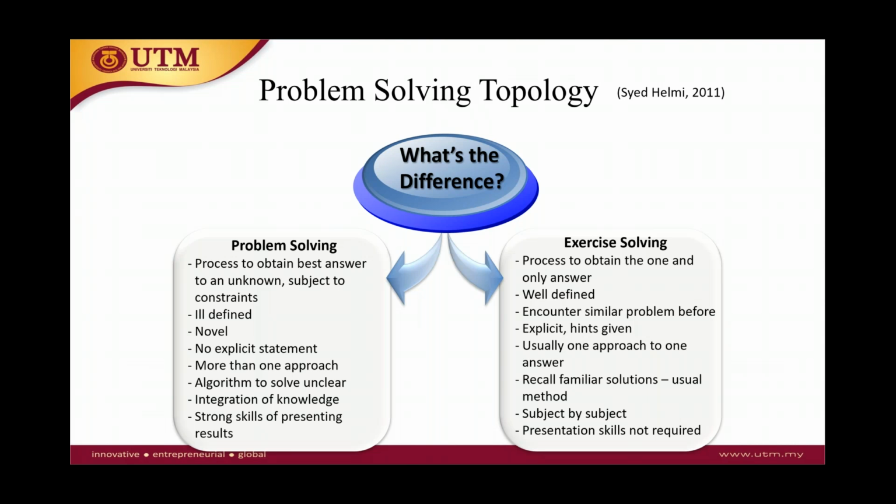Unfortunately, in the real world, it's the problem solving skill that's needed. And research has shown that there's always a problem with transfer, because although students may have learned certain content using exercise solving, research has shown that it's not readily transferable to problem solving. And this is where